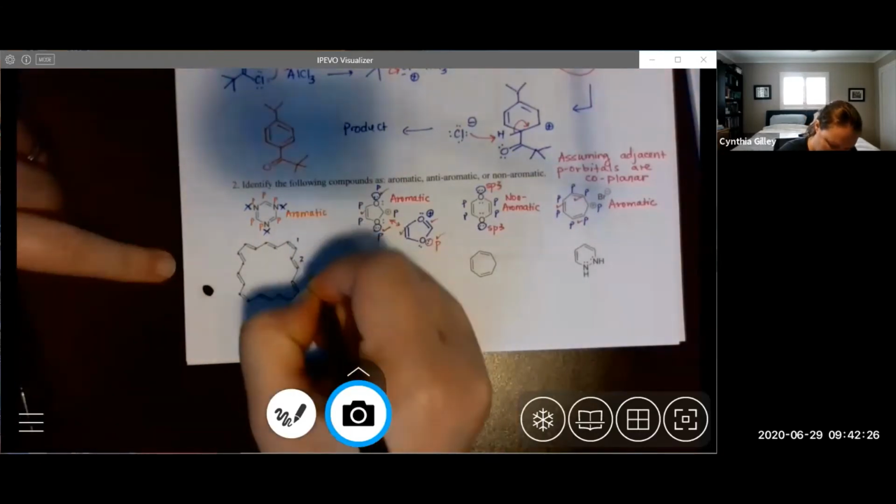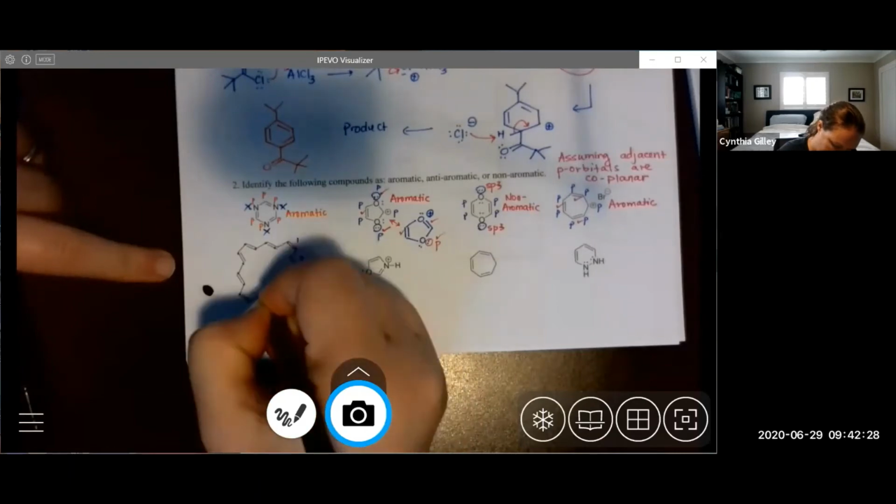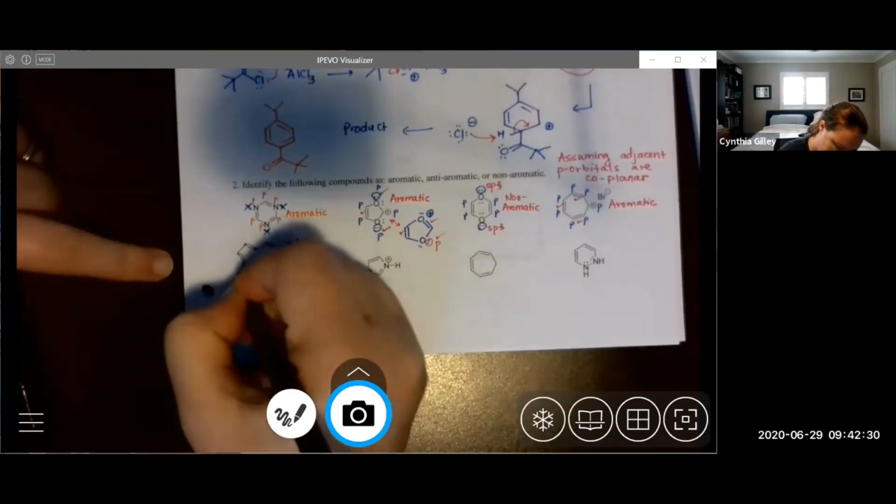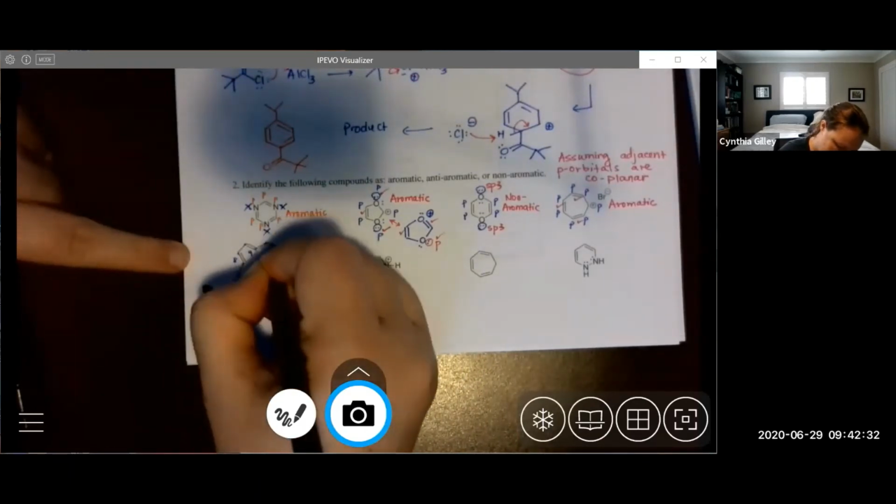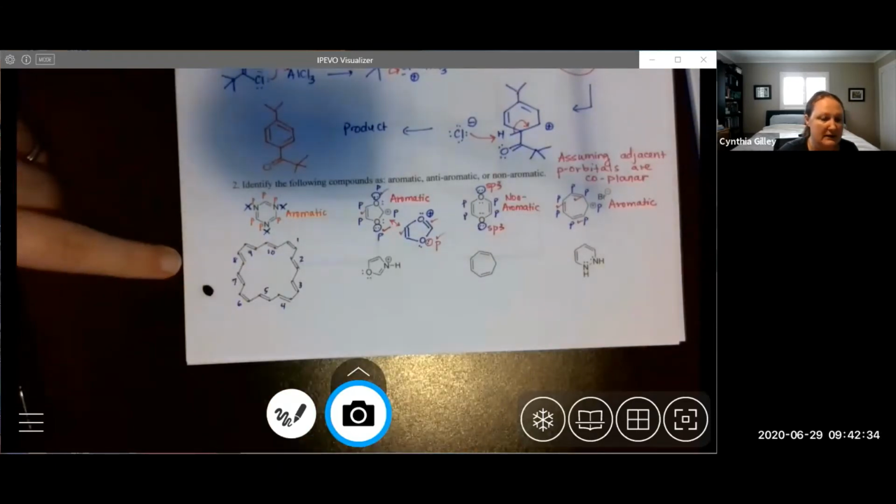1, 2, 3, 4, 5, 7, 8, 9, 10 electron pairs. Right? So 10 is an even number of electron pairs. Okay, so that means that